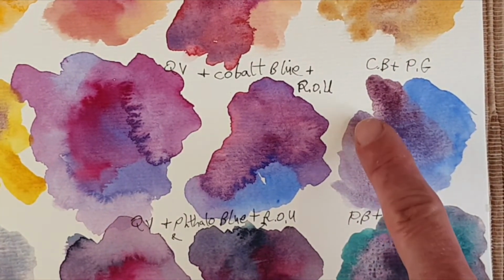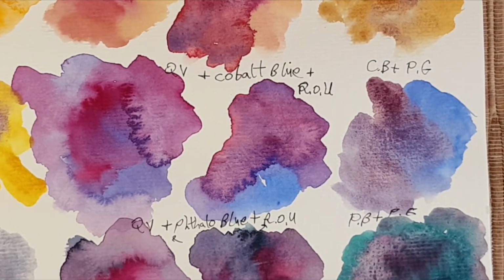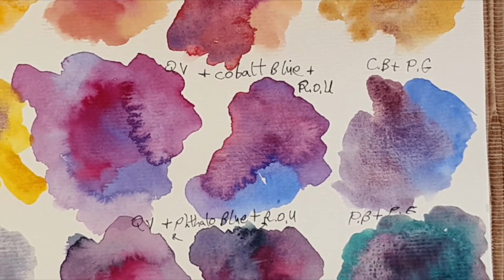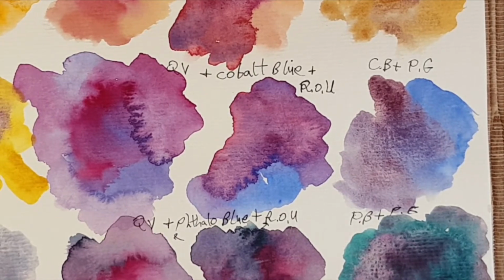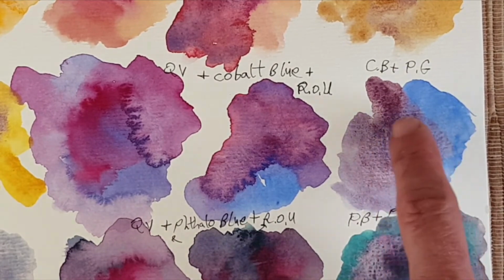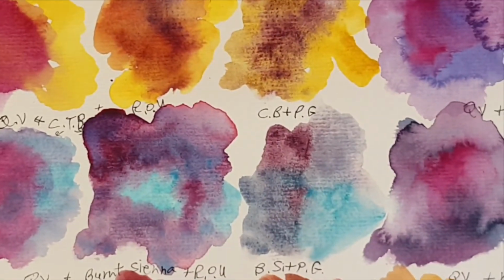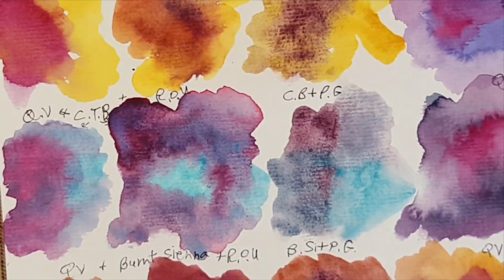I only liked a little bit this place because it's very muted, and I think I could do something with it. Also, this area is very beautiful. Okay, next we look at these colors